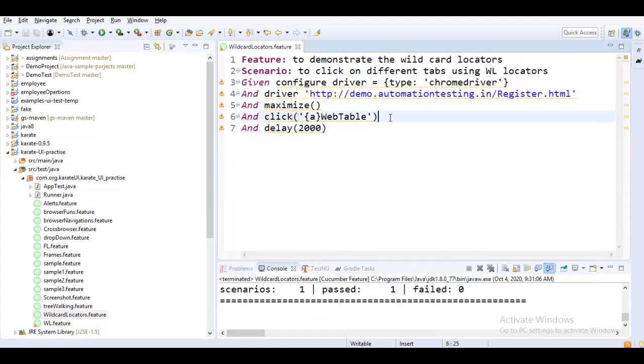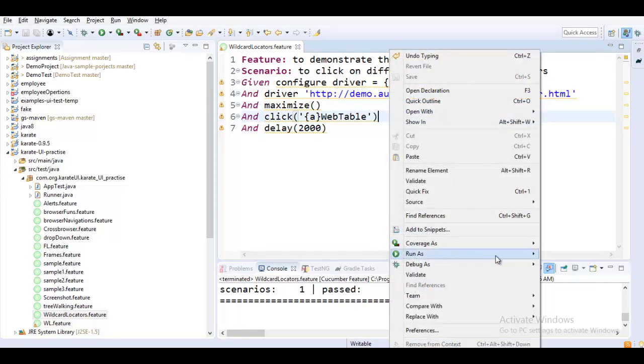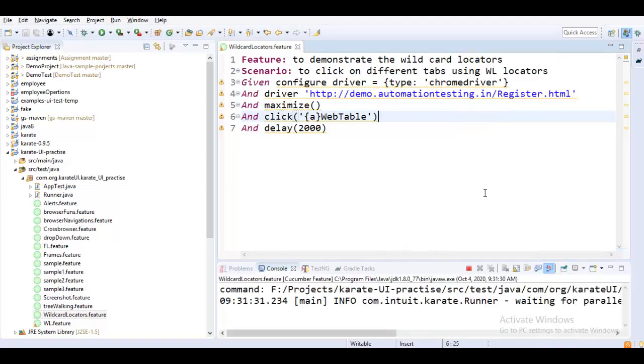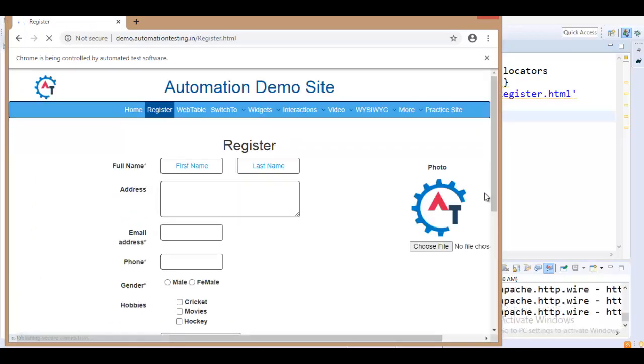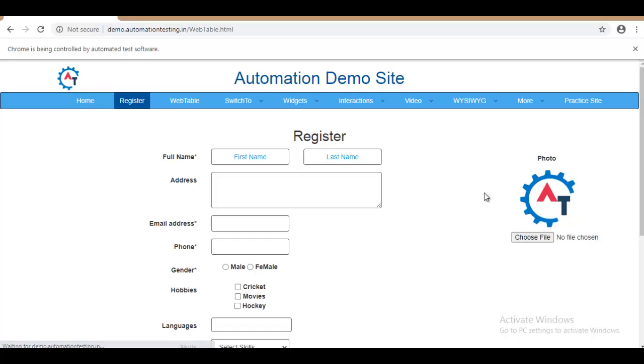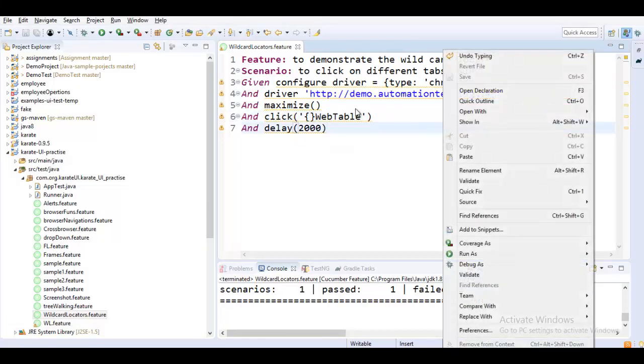Yeah, so let me run it again, because it just happened very quickly. It is in the register page, by default it is routing to, and then it is now in web table. Yeah, and now what we would like to do is that I don't want to specify the tag name and see whether this will still work.